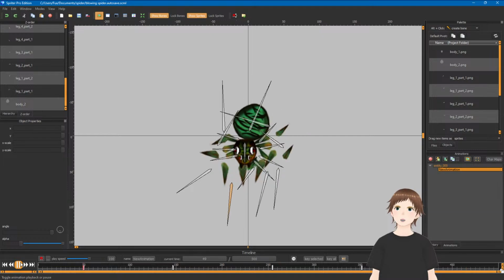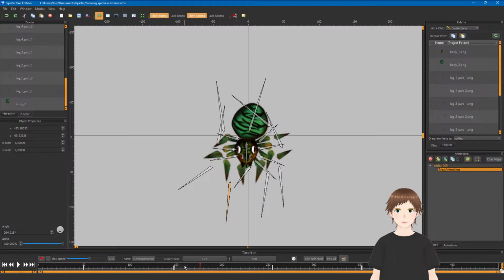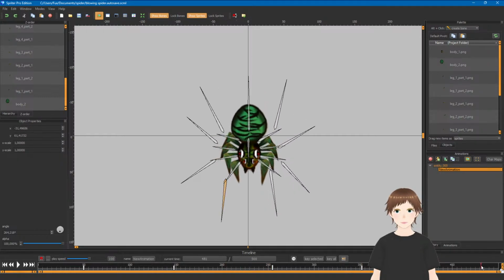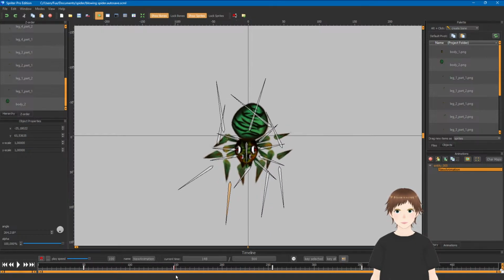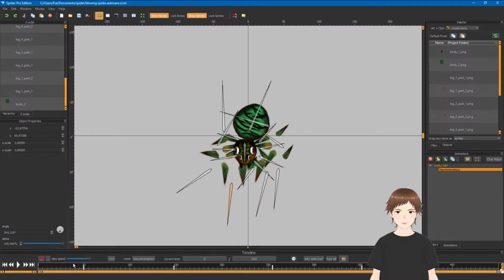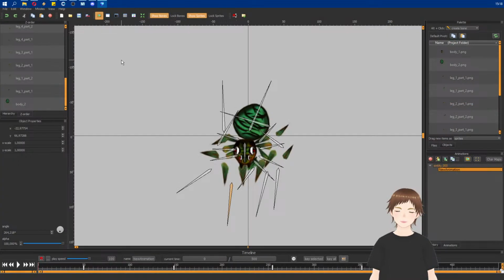Okay, this looks weird. Let's go to the second one. He goes back to its initial state. I think we have to restore the